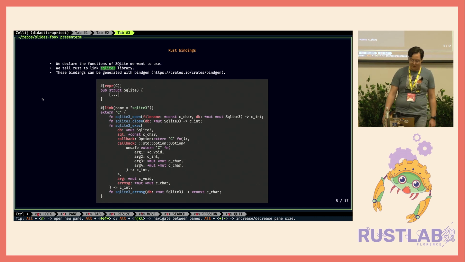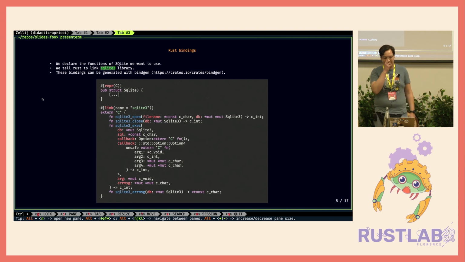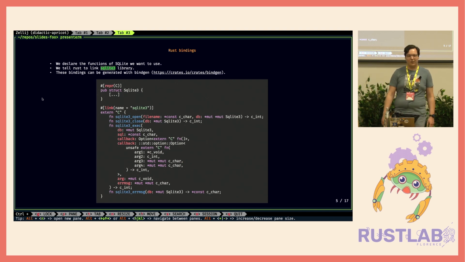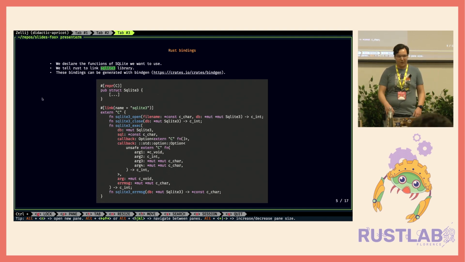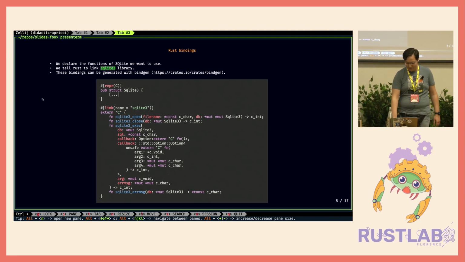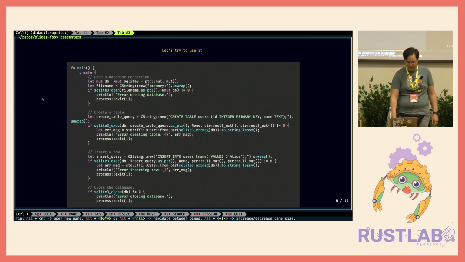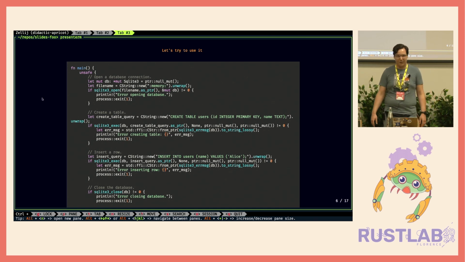You can just find bindgen on crates.io, install it, point it to the C header, and it will generate the extern C and all the function declarations for you. That's the first step. And then the second step, once you have those bindings and once you can link properly to your C library,